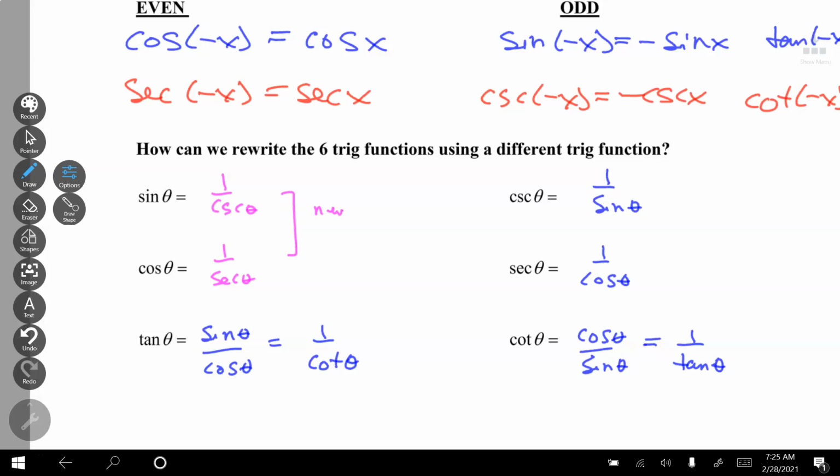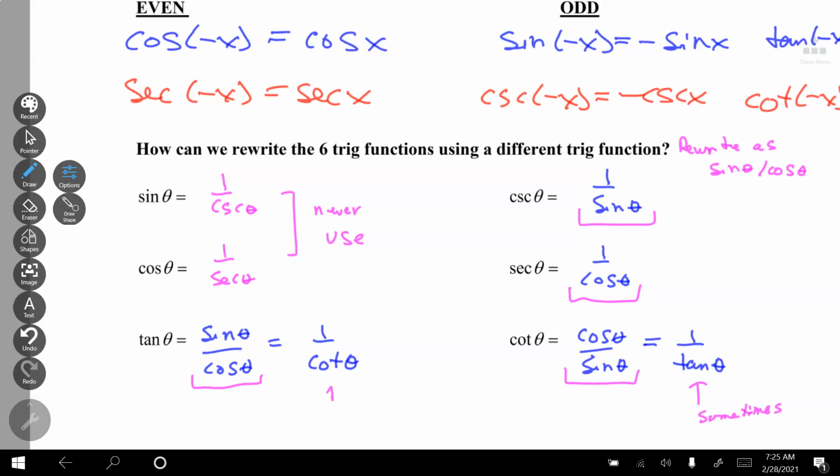But I really never use these. Because what I'm really trying to do is just rewrite everything as either sine or cosine. So I'm probably going to use this one a lot, this one a lot, this one a lot, this one a lot. I may use this one sometimes. I may even use this one sometimes. Maybe. But it's the whole idea about rewriting things as sines and cosines, because that's really the basic two functions,